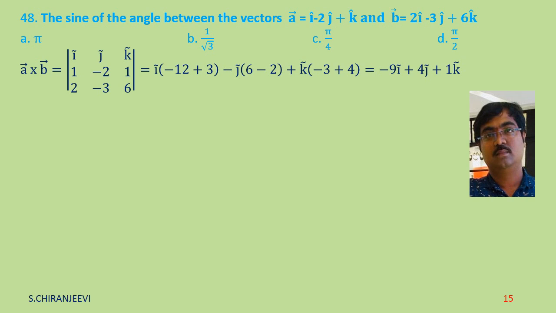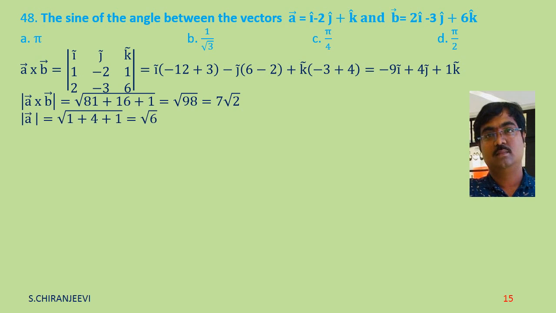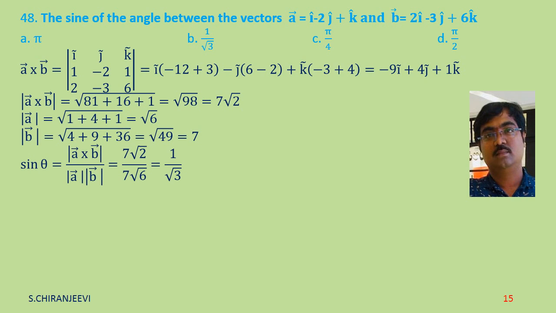i j k, vector A is 1, minus 2, 1, B is 2, minus 3, 6. Now expanding the determinant, we get minus 9i plus 4j plus 1k. Finding magnitude for that, root of 81 plus 16 plus 1 is root 98. 98 can be taken as 7 root 2. Magnitude A is root 6. Magnitude B is 7. Now substituting magnitude A cross B by magnitude A into magnitude B, 7 root 2 by 7 root 6, which is 1 by root 3, which is option